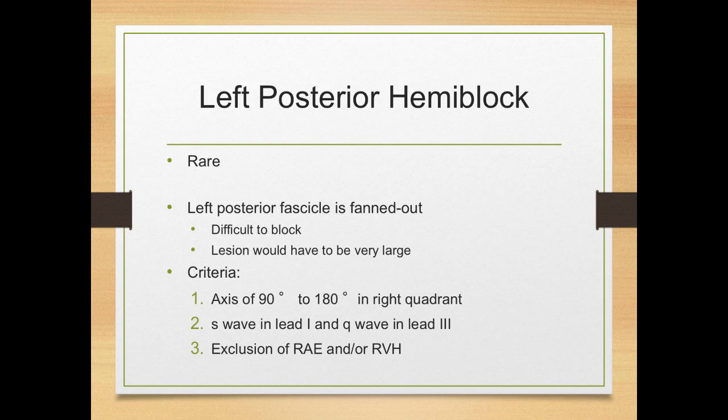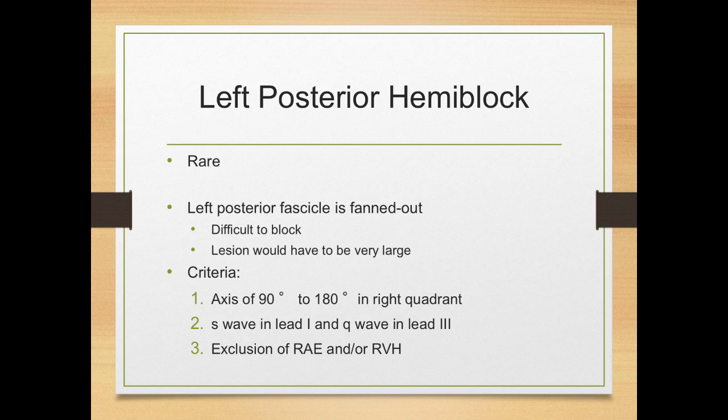So we have right axis deviation. And then we have an S wave in lead 1 and a Q wave in lead 3. We have this S1Q3 pattern. So for our criteria, we need a right axis deviation, we need an S1Q3 pattern, and then we need to exclude a couple other things. So we've got those first two things, but then we need to exclude right atrial enlargement